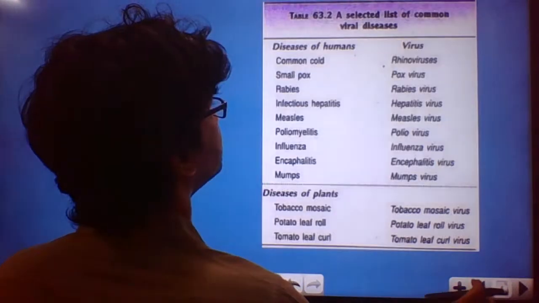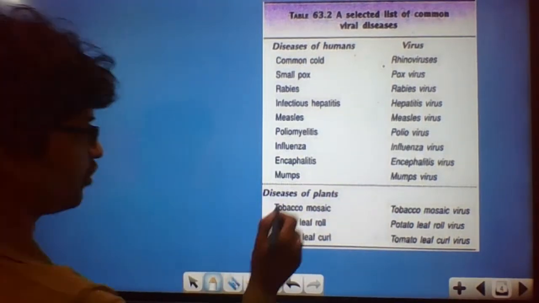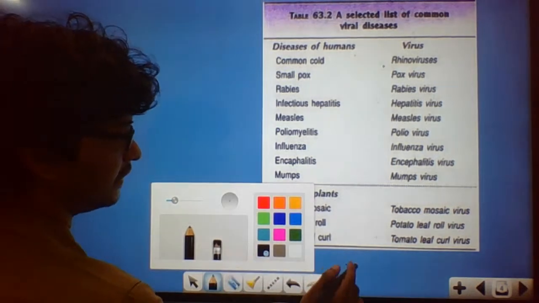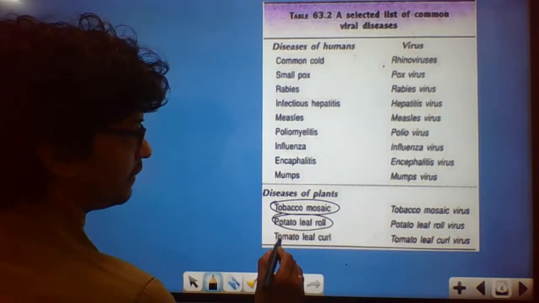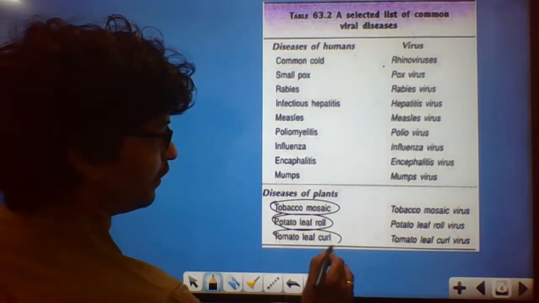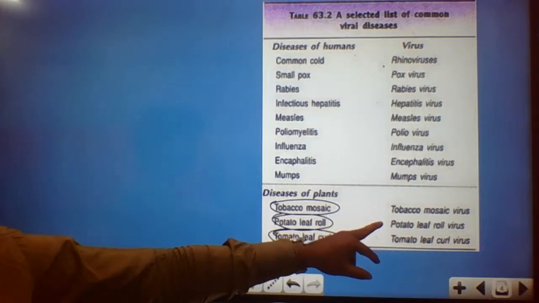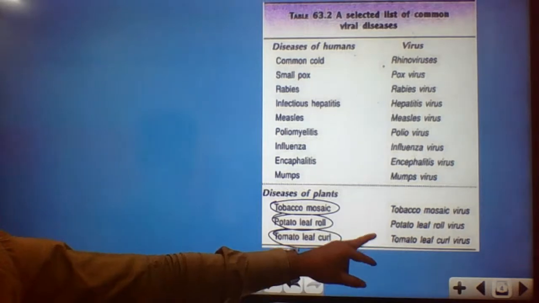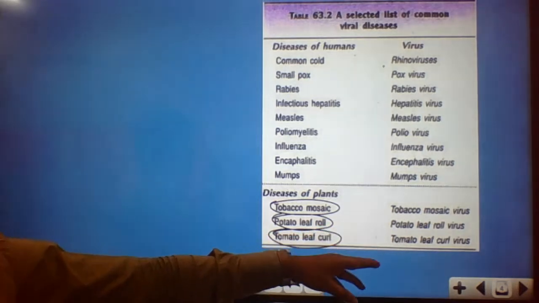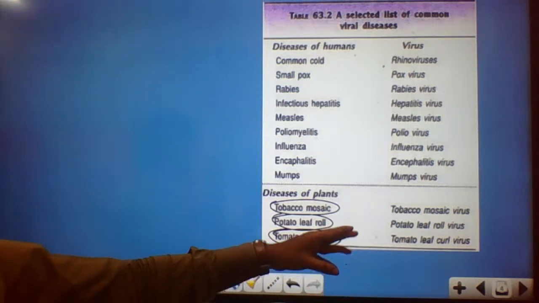Coming to plants, the common diseases that you could see in the plants are tobacco mosaic virus, potato leaf curl virus, and tomato leaf curl virus. The common viruses that you could see: tobacco mosaic, potato leaf curl viruses, and tomato leaf curl viruses. We call them plant viruses. TMV is a rod-shaped RNA virus, and we have the size